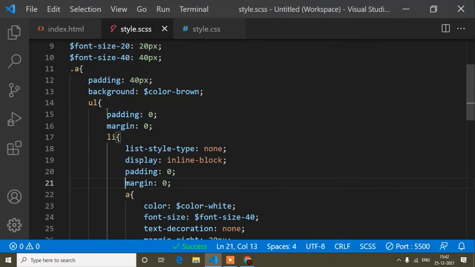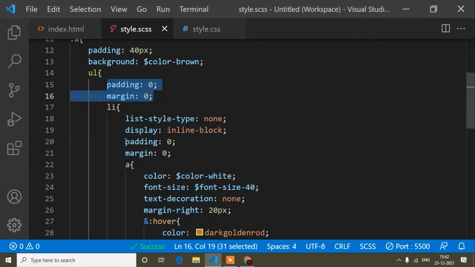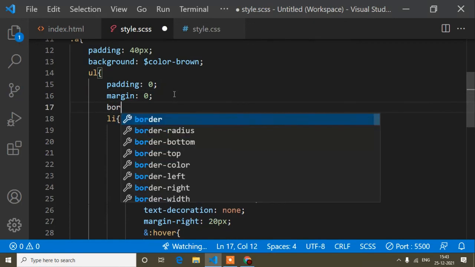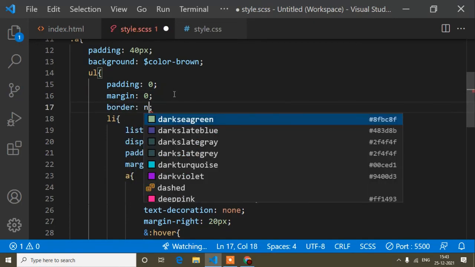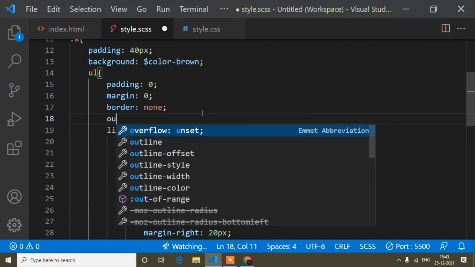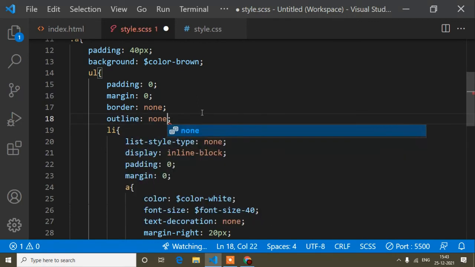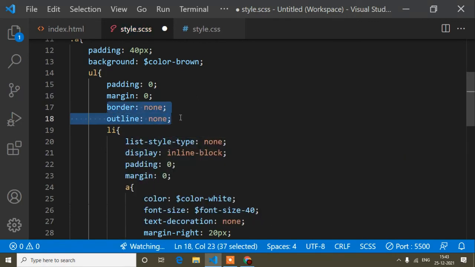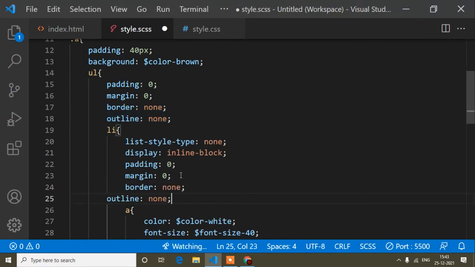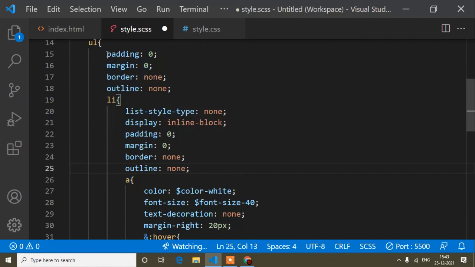So you can notice this padding and margin I have used in two different places, but again and again I am writing padding and margin. Suppose it may be the border also, so border none, and outline none. Border and outline also suppose I have used here, I mean these 4 CSS properties.